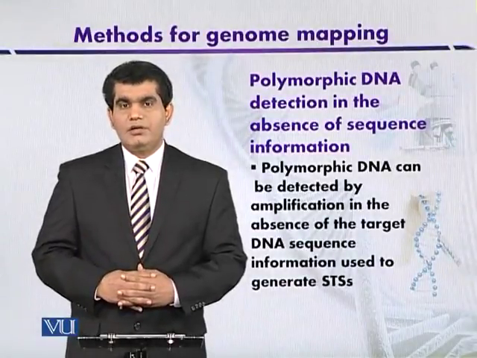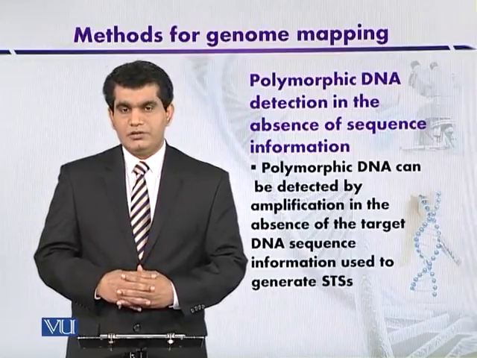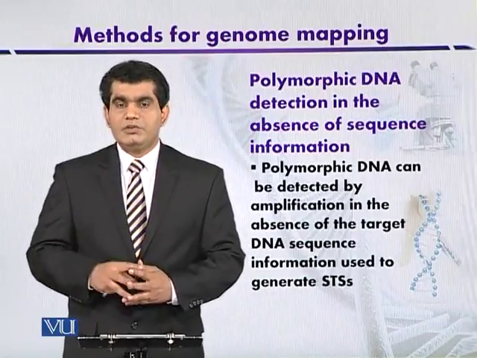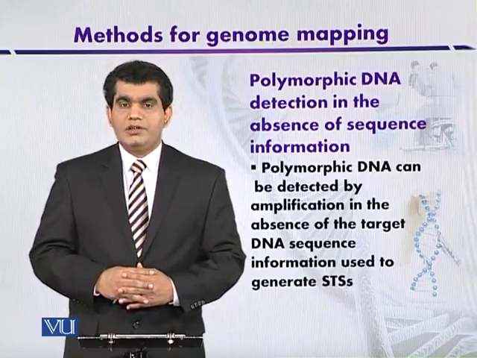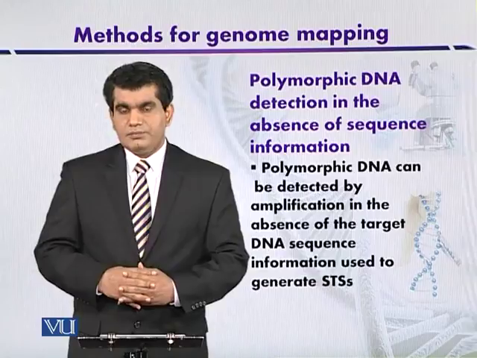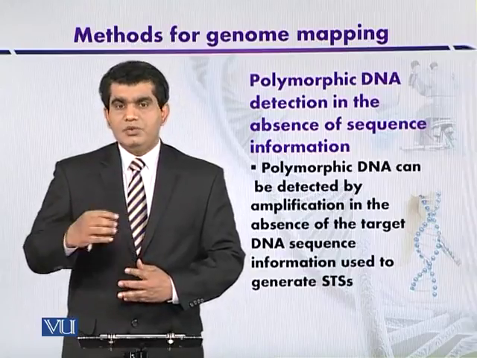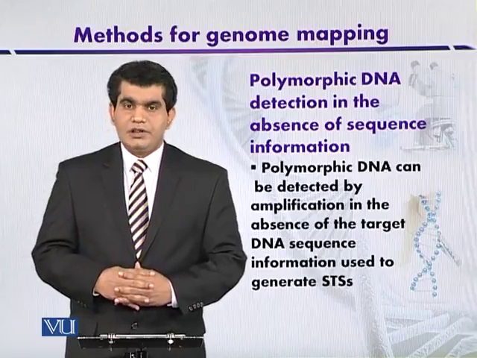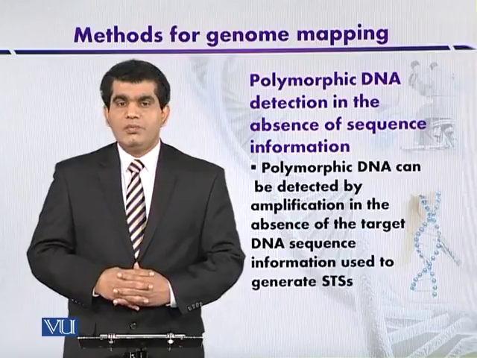Polymorphic DNA can be detected in the absence of sequence information. कि हमें किसी DNA के sequence की information नहीं होती. Even then, we can map the DNA. For example, here we can use the technique which is called PCR in order to amplify the particular genomic